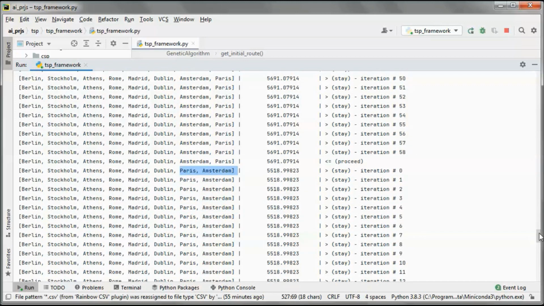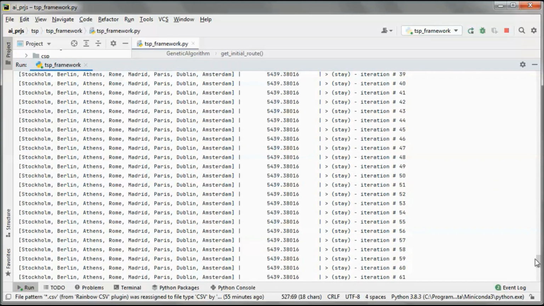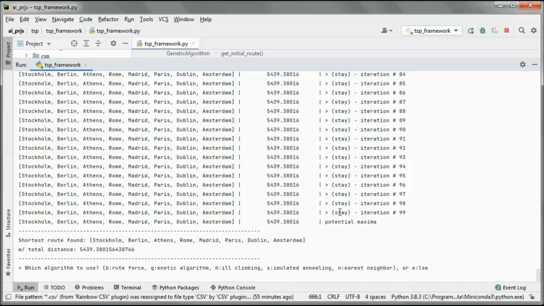And here we stayed, etc. Until here we stayed for this number of iterations. So we consider this having reached a potential maxima, so we consider it as the shortest route found. So it's this distance in miles.